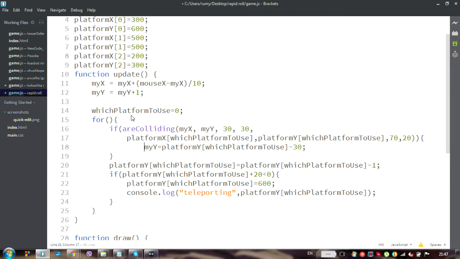Well, what do I need to write here in the round brackets of for so that this code is executed for all the different possible values of which platform to use, starting from 0? Where is the place in which I should paste this line of code in the for? Well,